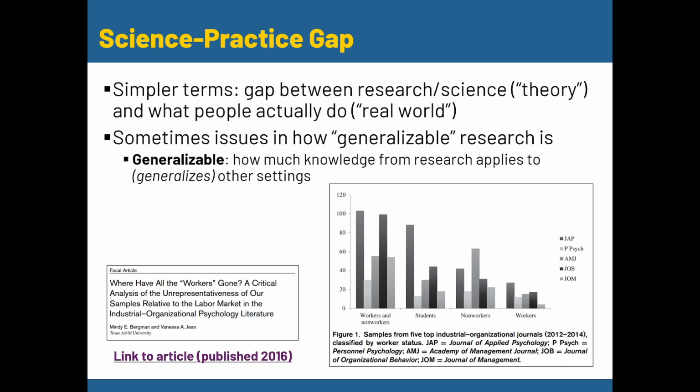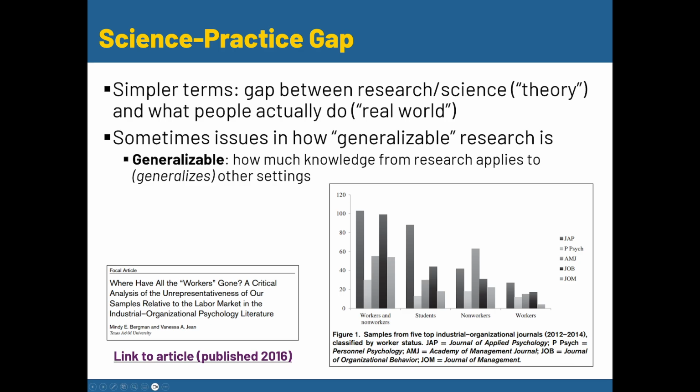I forget the term exactly, but basically people who will get paid to do some sort of task. In this case, it might be a way to get a really quick sample of people for some sort of study. I've heard stories from colleagues who have done a study with MTurk and they get a sample of 500 people overnight, whereas in other contexts that can take months to years. So that's one example of what a non-worker might be, someone who's not directly working in that industry or